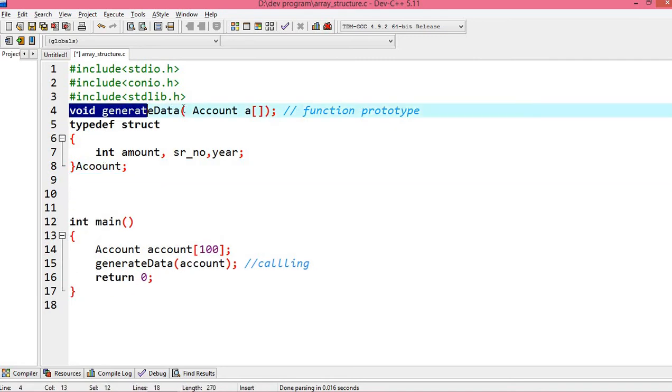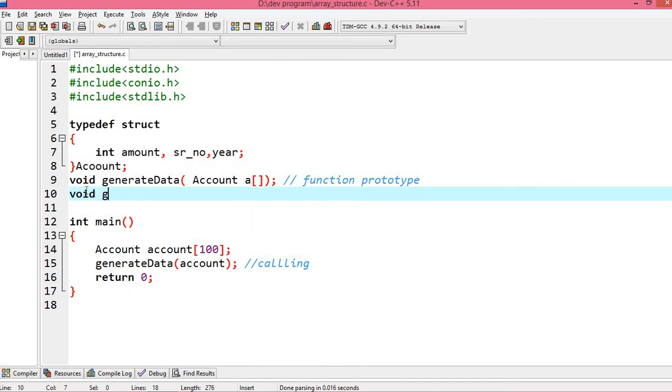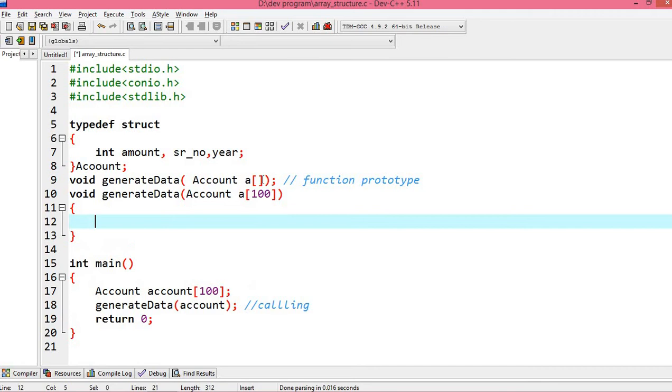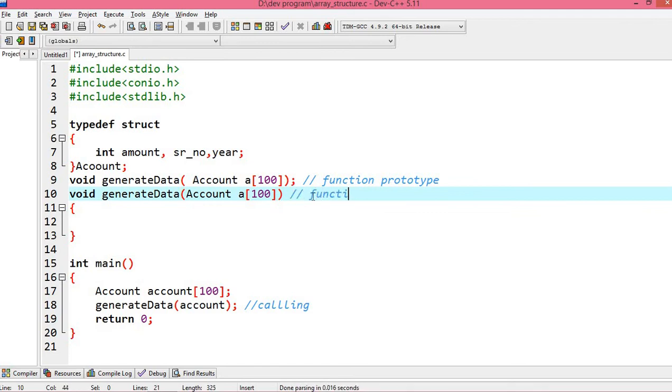Now let me define this function over here. This should be placed over here, because first of all whenever this account comes into the picture it should be first. Now let me define this function, void generate data, account a, and 100. Let me pass it over here also. So this is called the function definition.